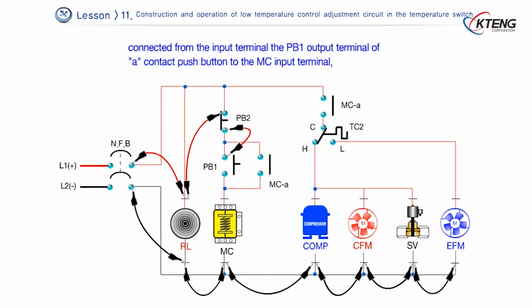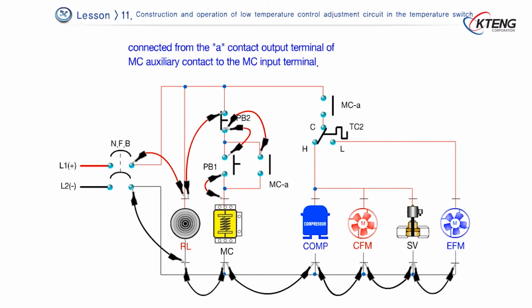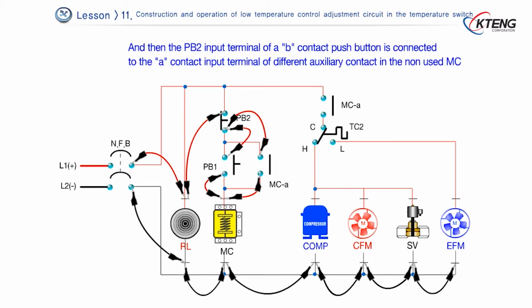connected from the input terminal, the PB1 output terminal of the A contact push button to the MC input terminal, and the PB2 output terminal of a B contact push button is connected to the A contact input terminal of the MC auxiliary contact, connected from the A contact output terminal of the MC auxiliary contact to the MC input terminal, and then the PB2 input terminal of a B contact push button is connected to the A contact input terminal of a different auxiliary contact in the non-used MC,